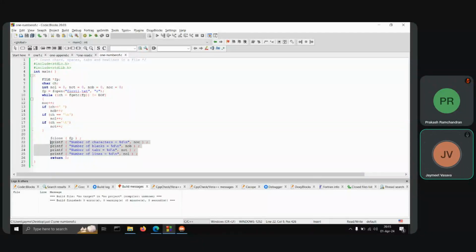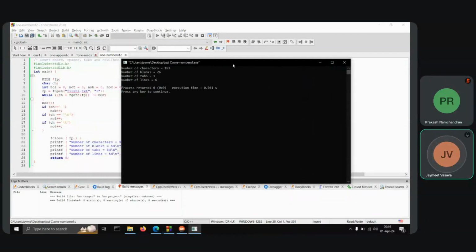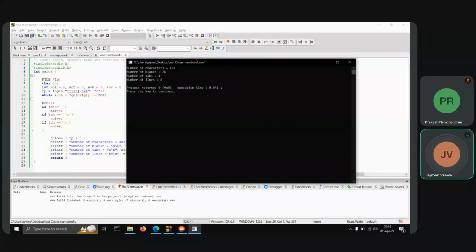So after we have executed this, we'll be using fclose and closing our file and printing out the numbers here. So let's run it. You can see that for the file that we have been using, first.txt, the number of characters is 182. The number of blanks is 26. Number of tabs,